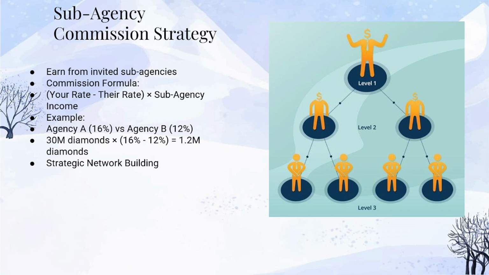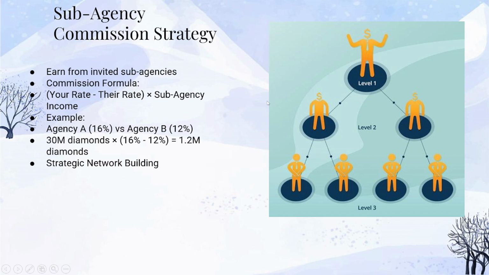Okay, so the rule is you take the sub-agency's total host basic income. So for B, that was the 30 million plus 5 million. Oh wait, the example uses just 30 million for the calculation from B. Good catch, yes. For calculating A's commission from B, they seem to use B's direct host income relevant to A, which is 30 million in this part of the example. You multiply that 30 million by the difference between agency A's rate and agency B's rate.